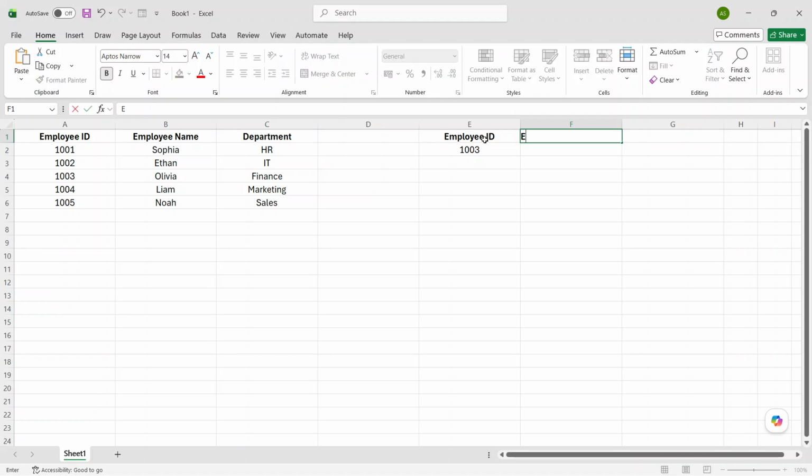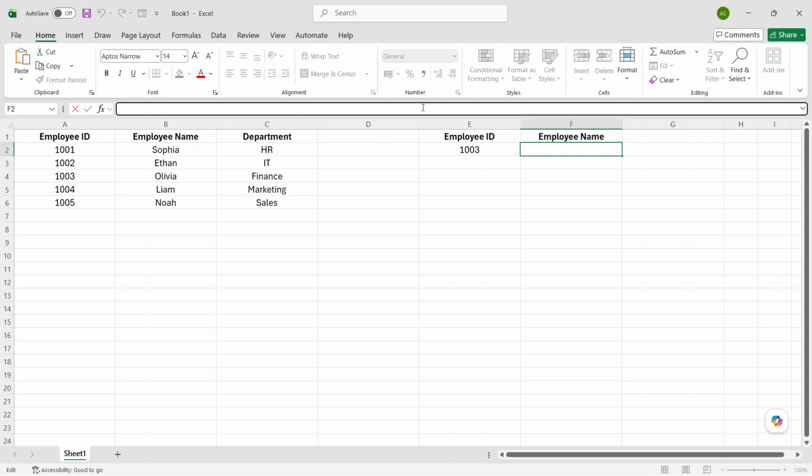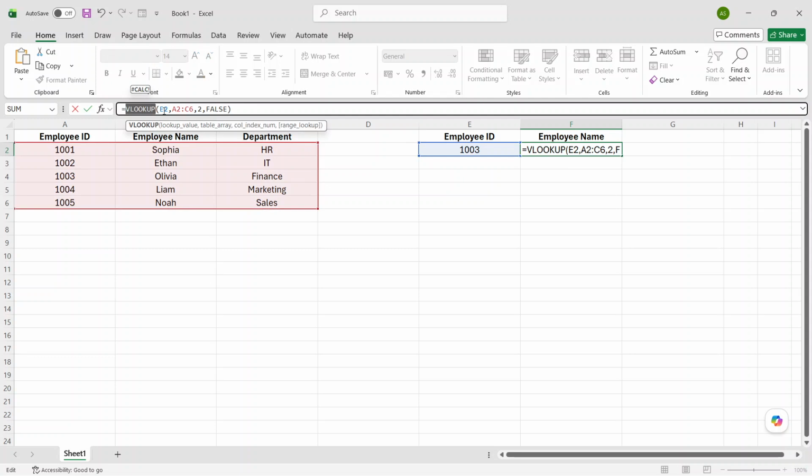Now set up the result area. Click cell F1 and type employee name. This will label the result that VLOOKUP returns. After that, click cell F2 and enter the formula. Type equals VLOOKUP, then an opening parenthesis, followed by E2, a comma, A2:C6, another comma, 2, another comma, false, and